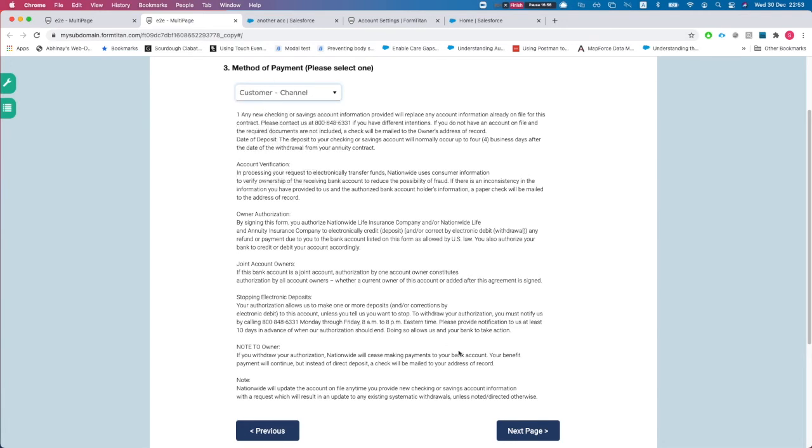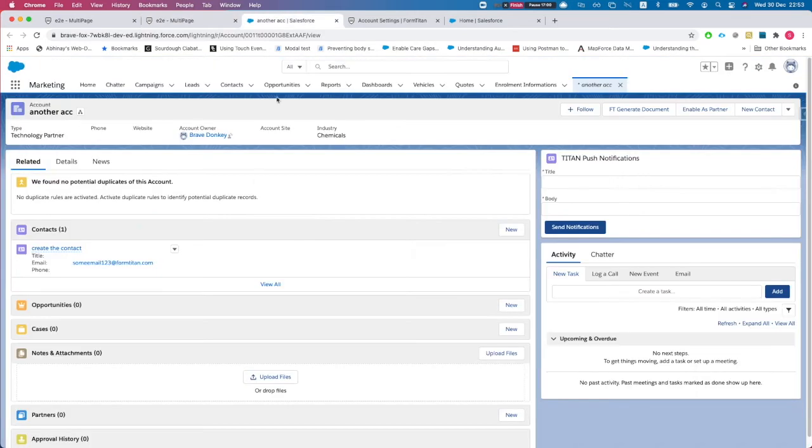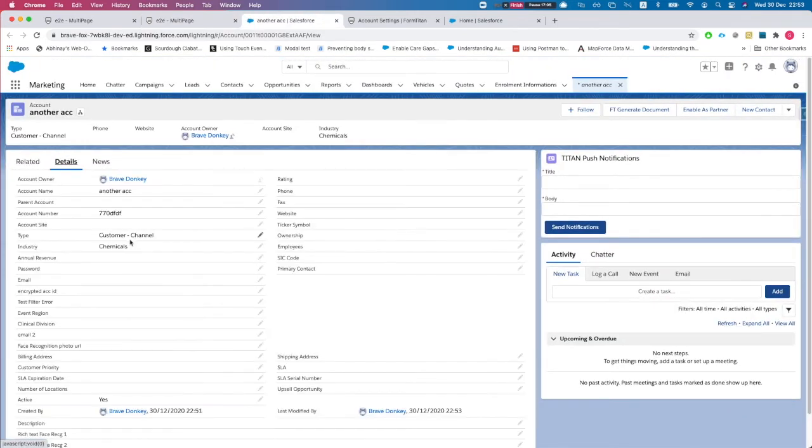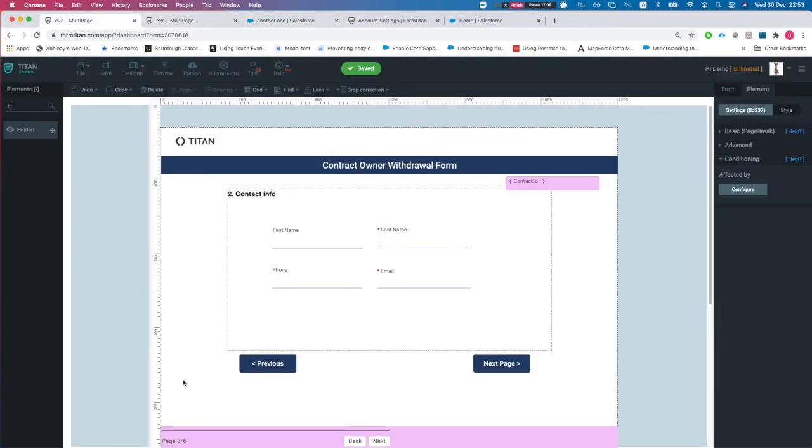And let's change this to customer channel, and we will hit next and refresh it. Let's take a look at our details, and here is the updated account. All right, I'll show you a couple more things here. For instance, just like running custom pushes, you can run custom gets, and this is really, really powerful,